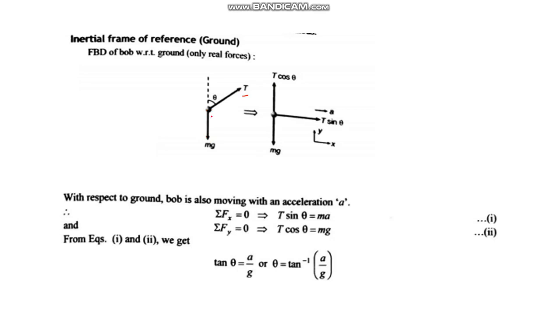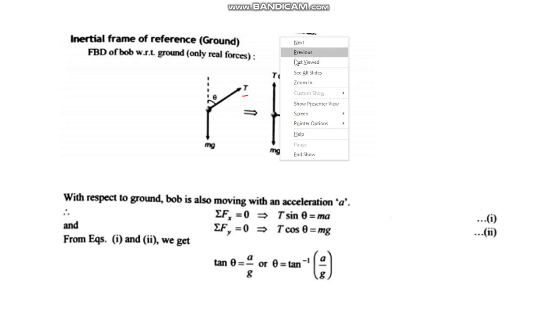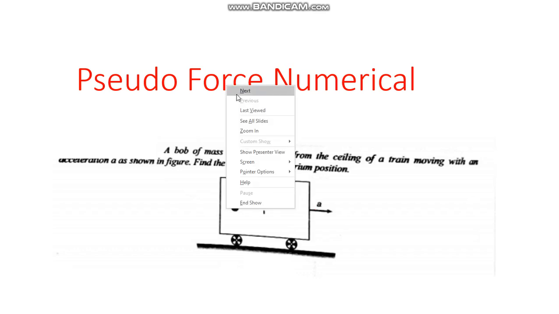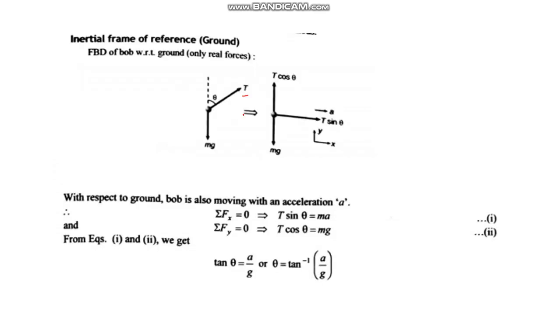The weight of the bob is acting vertically downward, and if this angle is theta, you draw a line here, even this also will be theta, right? Because of two parallel lines. Now if you resolve this force, so this is T, so this will be T cos theta and this will be T sin theta. Acceleration is in the left to right direction, and this is what you have taken as the reference x and y.